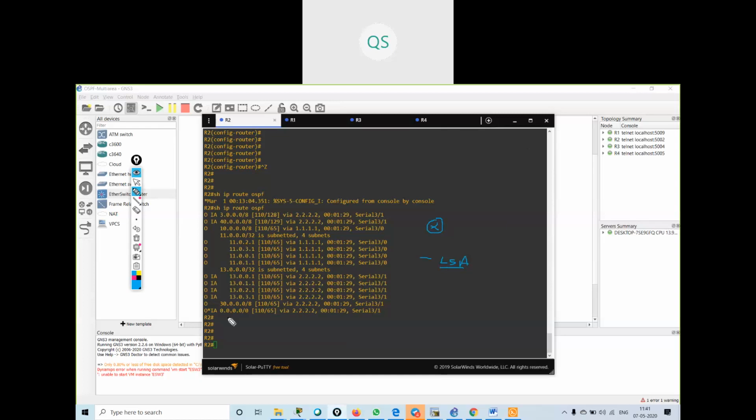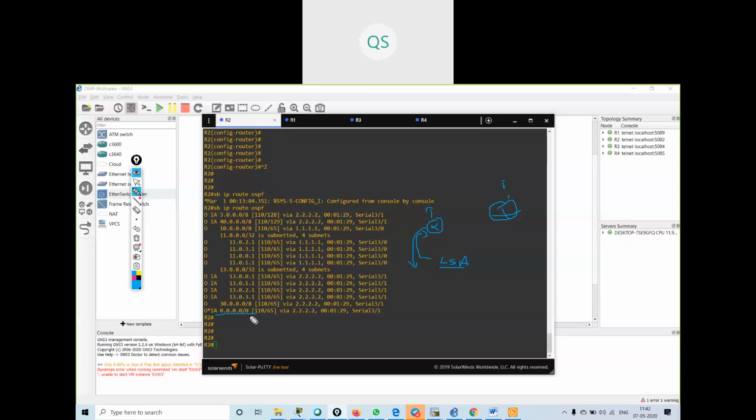This border router will give default route information: if you want to go to any external routes, running external EIGRP or any routing protocol, you have to come to me. This ABR router will give a default route to the downstream routers, informing them that if you want to go to any external routes, you have to come to me.